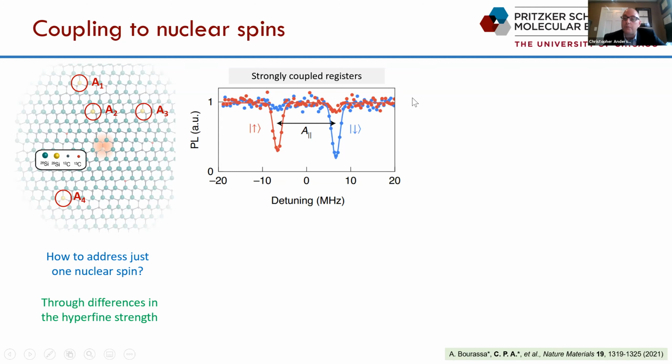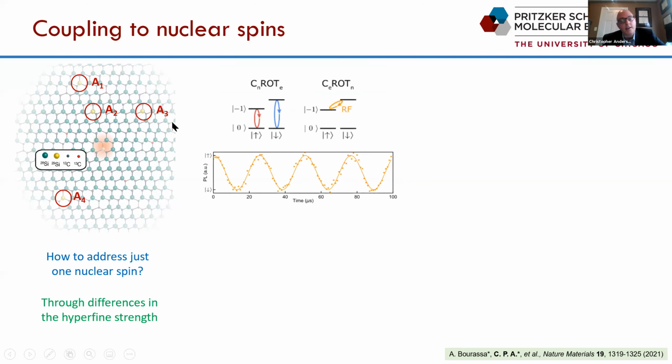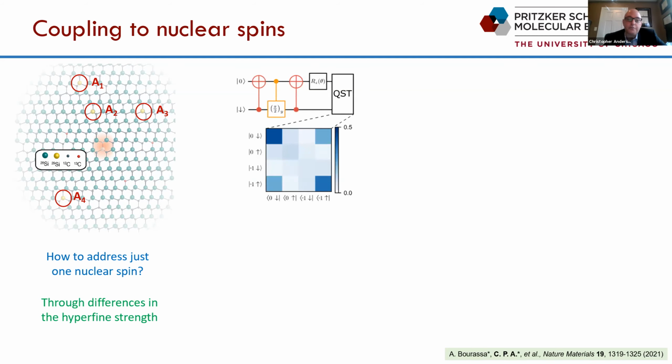We call these strongly coupled nuclear spins. Because those transitions are resolved, we can use them to create controlled rotations. And as all of you know, controlled rotations are the basis of creating entanglement. So we can actually create an entanglement between a single divacancy spin and a single nuclear spin